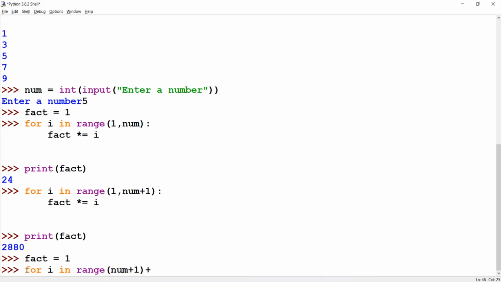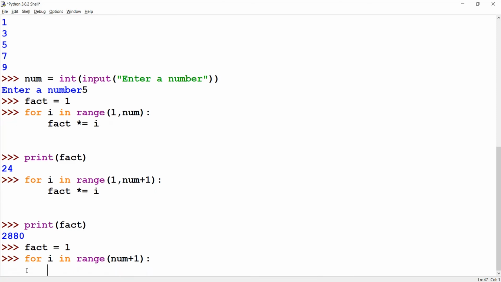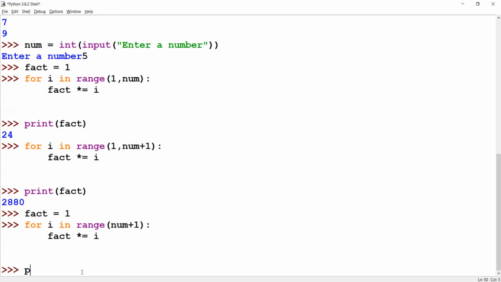Now it will actually give you 0, as i will move from 0 to the particular number, and multiplying 0 with any number will give you 0. So it will print 0 in fact.